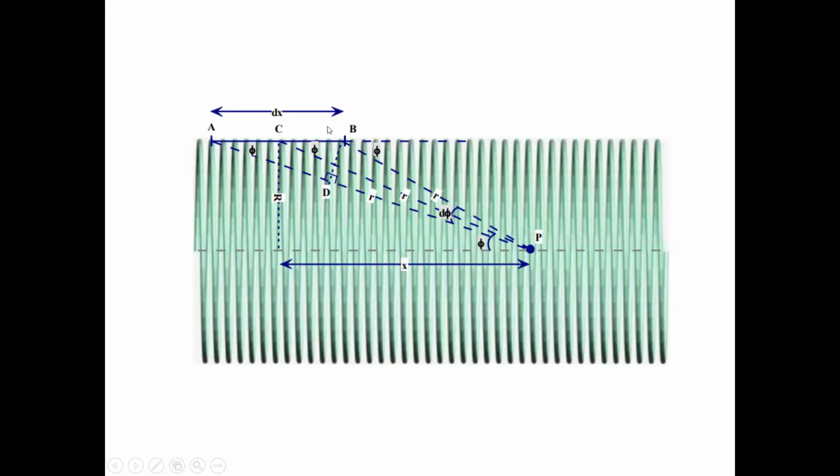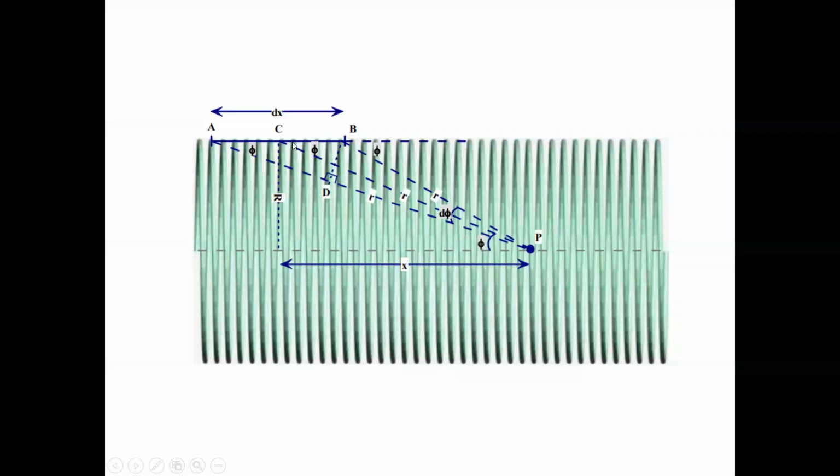Now this is the figure. Clearly observe that this is the smallest length dl, and this is the point at which we have to find the magnetic field intensity. And it is clear that this point is also along the axis of the circular coil. So what is the meaning of axis of the circular coil? Exactly, it is an imaginary line which passes through the center of the circular coil.